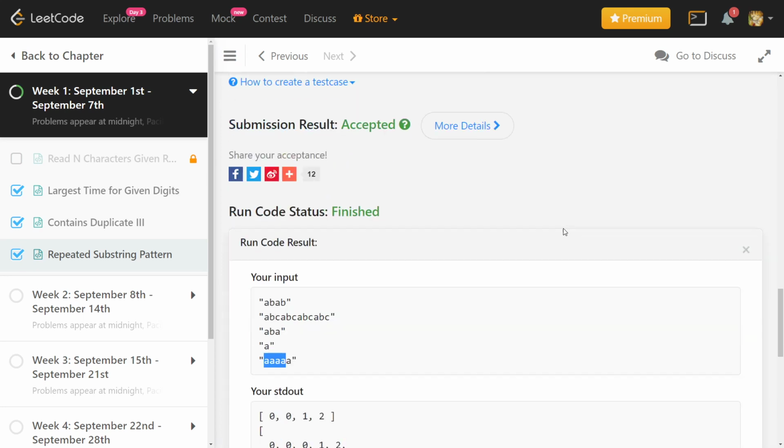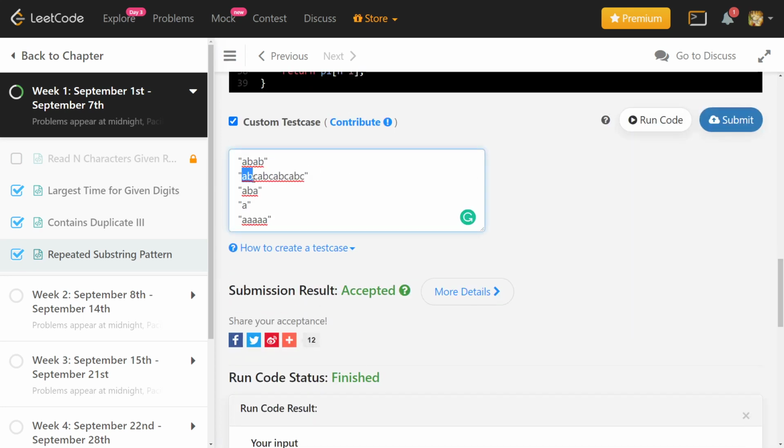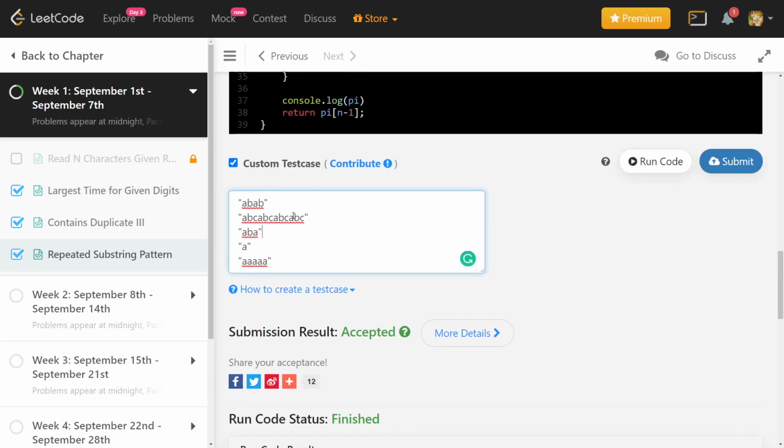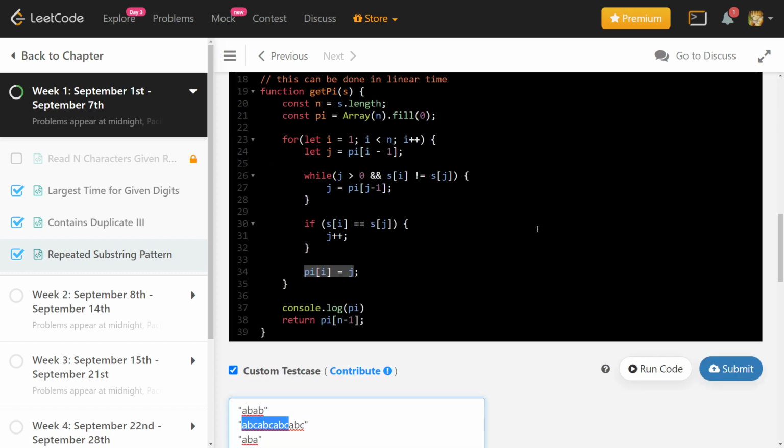Now, if you look at this example, ABC, the answer is actually 9, because if you look at this substring, ABC, that is also a prefix. But as I said, we have to look at the longest one. So look at ABC, that is also a prefix. ABC. So that's why it's 9. So that is this function.